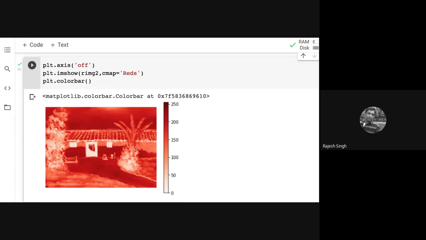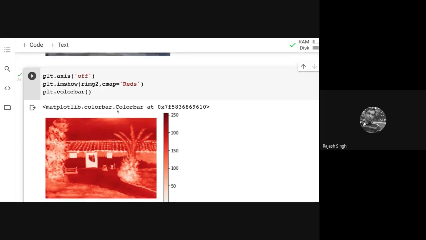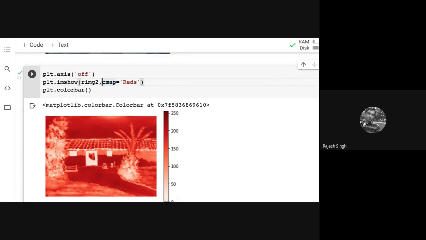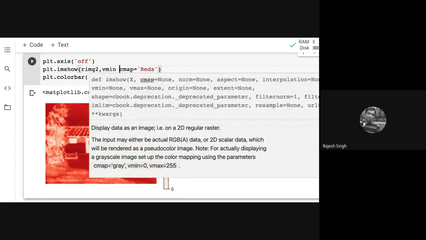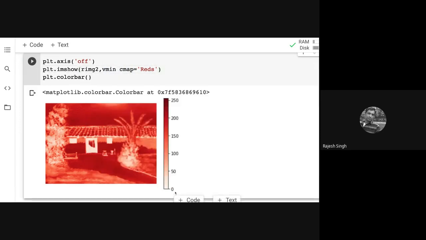Now you can change the appearance of the image by applying some values. This imshow function can take those color values. So we can apply vmin. Let us say I don't want between 0 and 255, but I want only between 0 and 150.